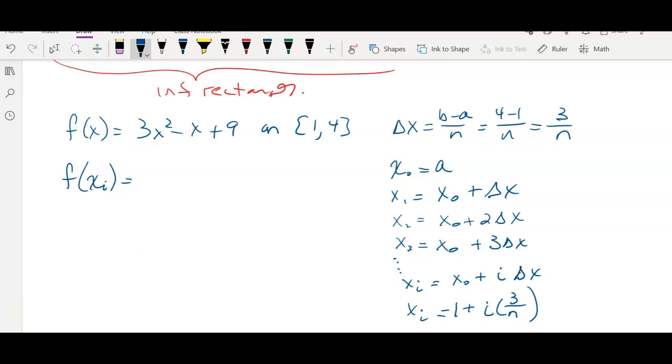Yes! I said it's a lot of algebra, but don't worry, we'll skip some of the algebra and I'll just give you what it comes out to. I've got to take this x sub i and plug it in for x. So that becomes 1 plus, can I change this to 3i over n? Are we good with that? Yeah, because i times 3 over n is 3i over n, squared, minus